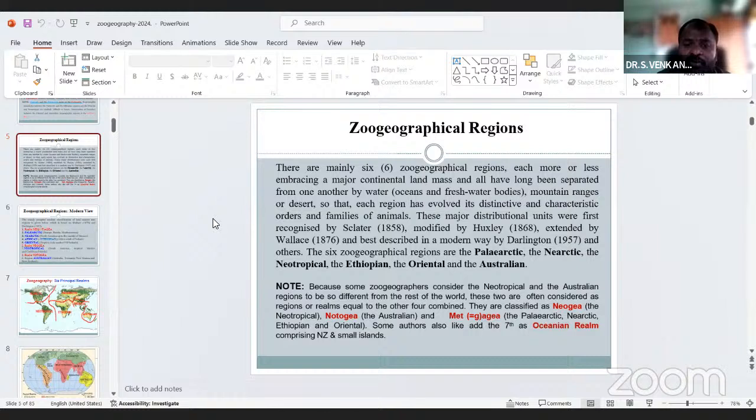The six geographical regions are the Palearctic, the Nearctic, Neotropical, Ethiopian, the Oriental and the Australian. So those are the geographical regions.